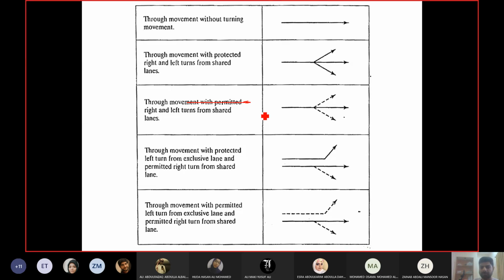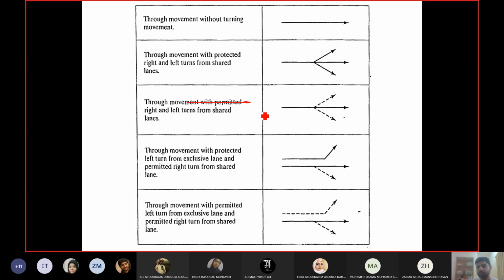And now you can imagine why we don't have... They said in the book that you can allow left turning. I don't know where they are using it and how they are using it. It's out of my mind. But they said in the book that you can allow left turn to be permitted as well if the volume for the left turn as well as from the other direction is very low, then you may allow left turning as well.